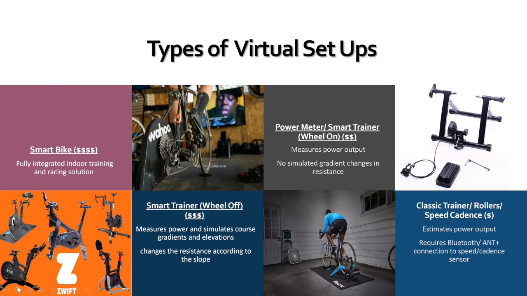When you buy a smart bike, and if you need to kind of price it out, I think on the low end, they're about $1,800. They can get upwards of $4,000. I personally have a smart bike. That is because I also train regularly for racing outdoors as well as racing indoors. And it was much easier for me to make that investment in that and have it stationary than to continue to put my bike on and take my bike off, which is what I will talk about next, which is the smart trainer with the wheel off.